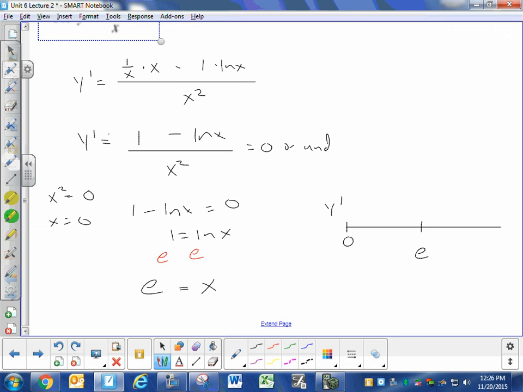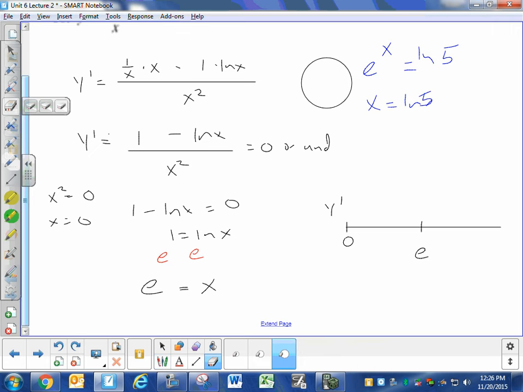Question? Exactly. If I had e to the power, and that's equal to some value, you would take the log of both sides to get x equals the log of 5. Okay? Okay, so let's go back to